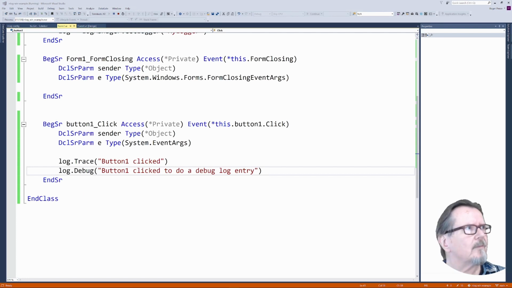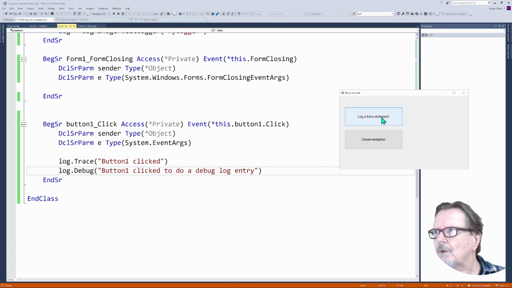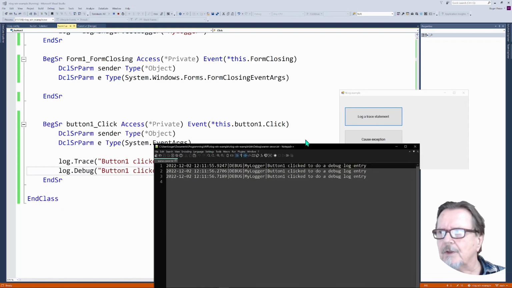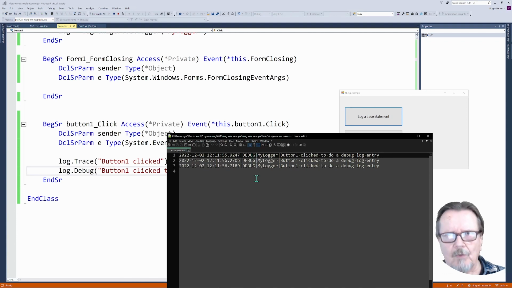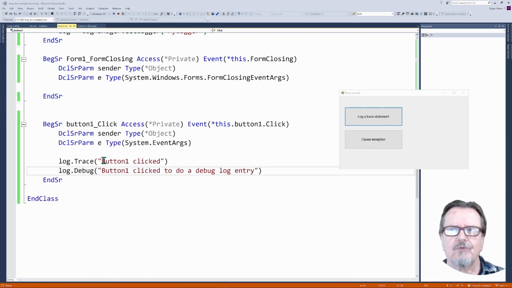And I'll hit it 3 times again. 1, 2, 3. If we come over here, all it logged then was from debug on down. So it didn't log the trace. So what that means is that we can add lots of critical trace statements in here, but not have them